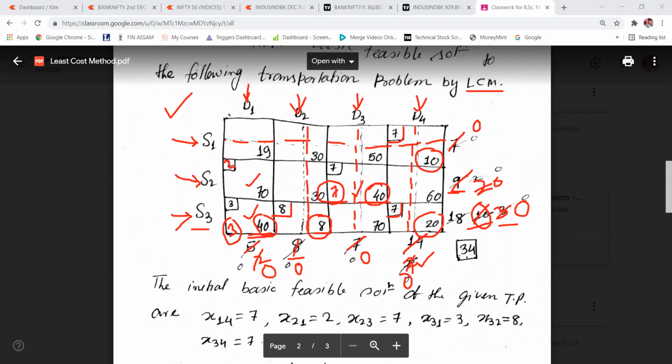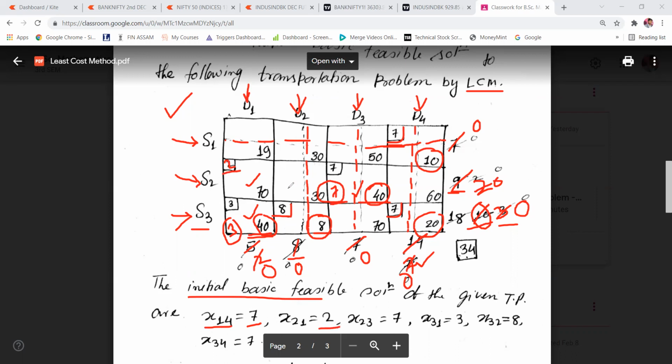Now what you need to do here? You need to find the initial basic feasible solution. So just find out the cells where you have made allocation. First here, that is 1. What is the cell number? This is the first row and the 4th column. That means X14 is equal to 7. Then this one, X21, is 2.